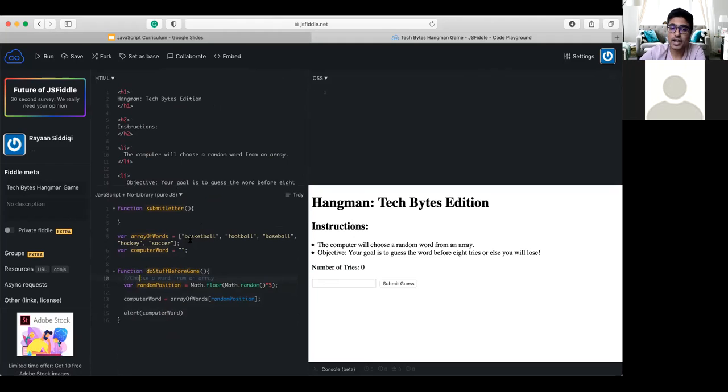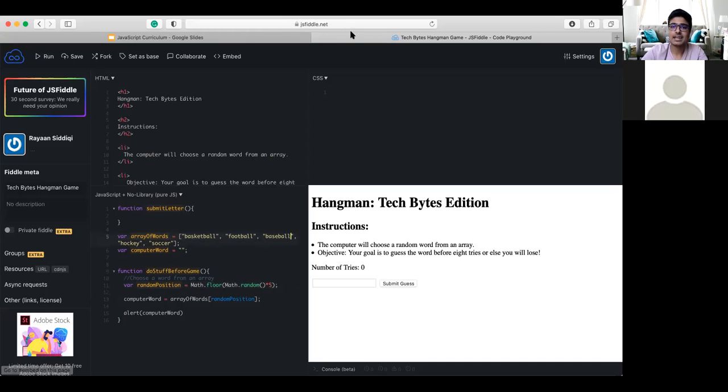Specifically, guys, we had an array of words, and then we were generating a random word to be selected. And the way we did that was using a library called Math, right? And generating a random position. And whatever that random position was, we would select whatever word was there. So say this random position was the second position. Then we would select the 0, 1, 2, meaning the sport of baseball would be the word we are guessing.